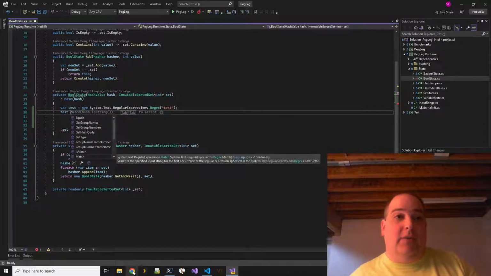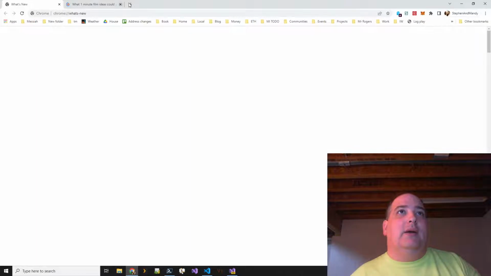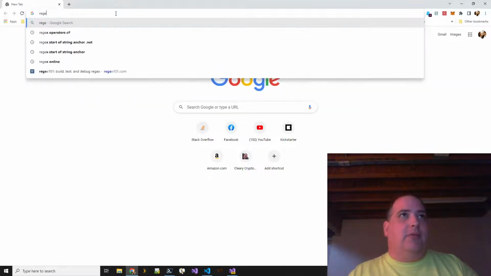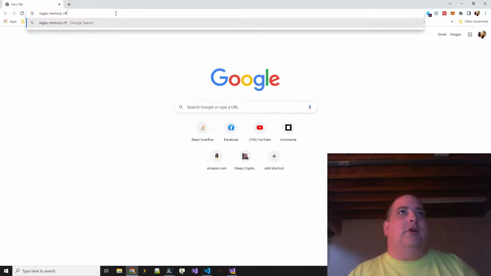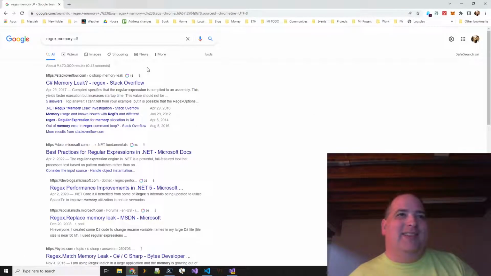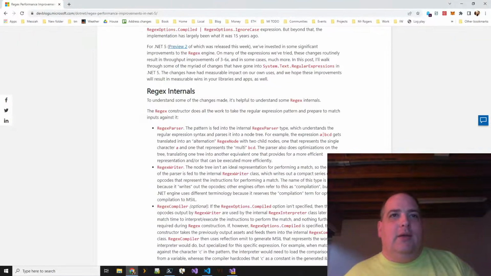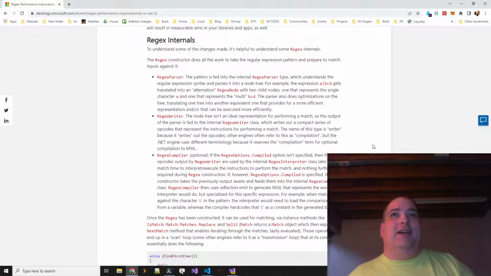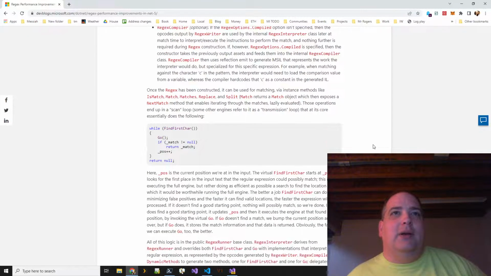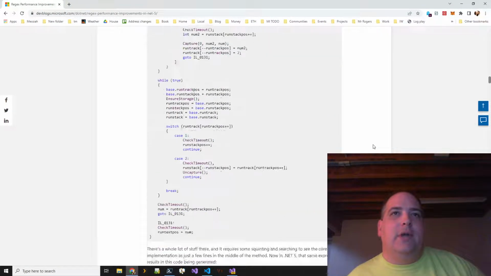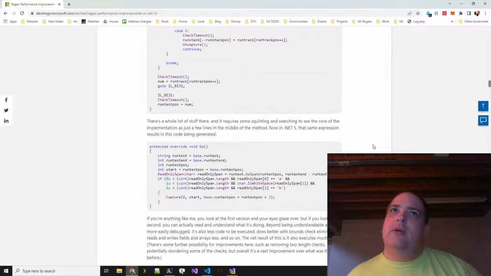I'm not going to remember this. Okay. Let me pop open my Google Chrome here and say, what is my regex memory, and say C# because both of those are very generic words. Let's see. Regex improvements in .NET 5, yes. Thank you, Stephen Toub. He's done a great job of documenting .NET improvements over the last few years. Okay, so we've got a blah, blah, blah. Yeah. It's got code gen, which we actually might be able to use.